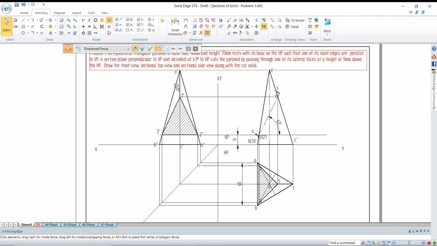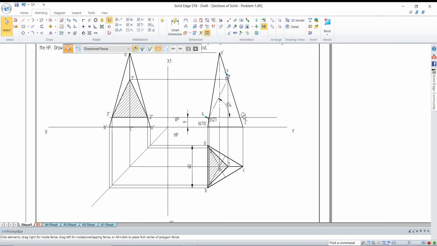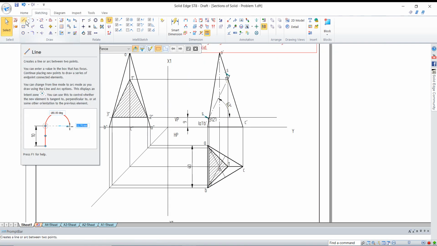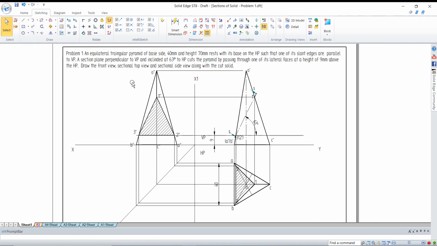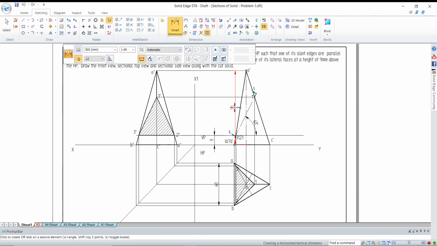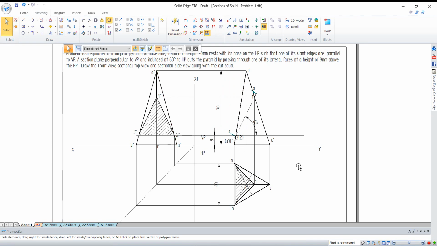So as per your question, they asked to draw the front view. Front view is done. Sectional top view, and in the top view you are having section, and the sectional side view. Side view section is good. Sometimes they'll ask for the true shape of the section. So it's just an addition. So we can just draw the true shape here. Once you are done this much, try to save your file, because every time you have to save the file. If you want, you can just show the height also. Height of the triangle, it is better to show the height.